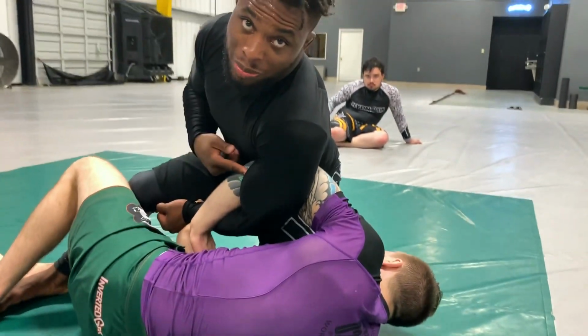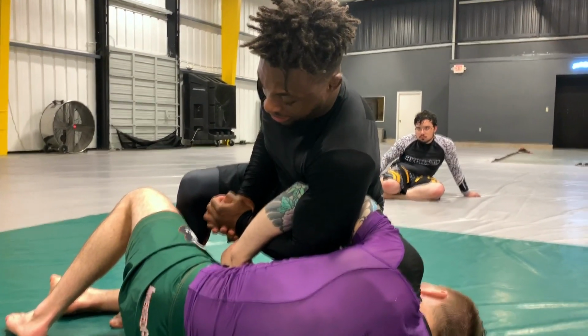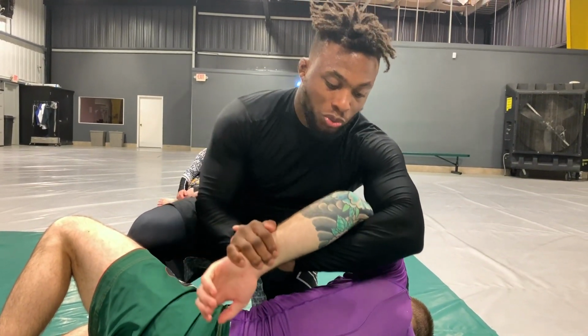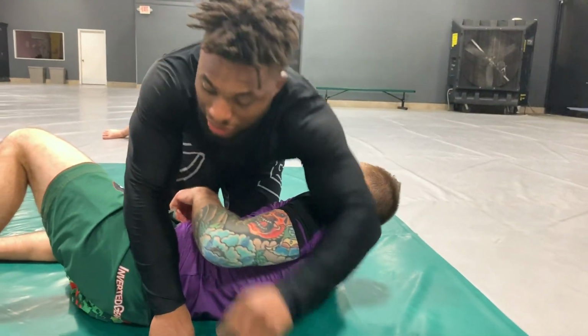Okay. So it doesn't matter how strong he is. If I get my armpit over his arm, I can lock that thing in. And now look, I go to grab my hand, break the grip. You can almost do a Kimura here too. Or I like to switch and use this more traditional style, okay? The third option,